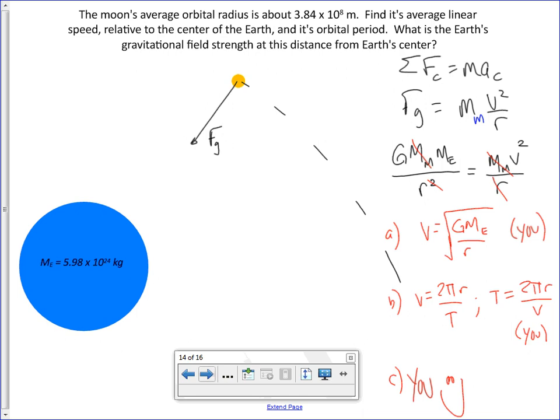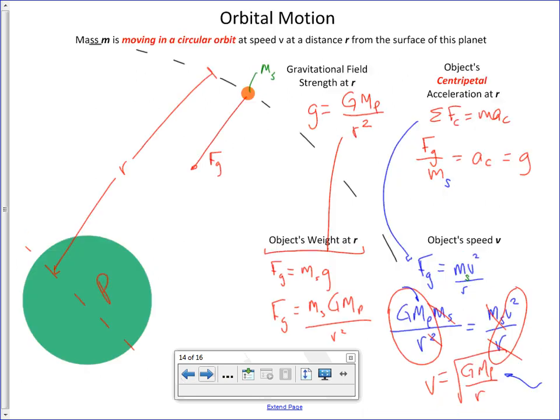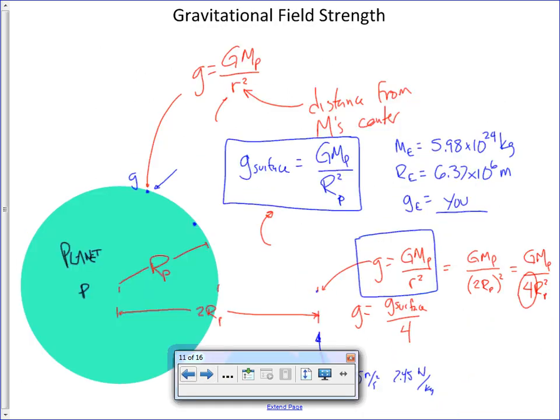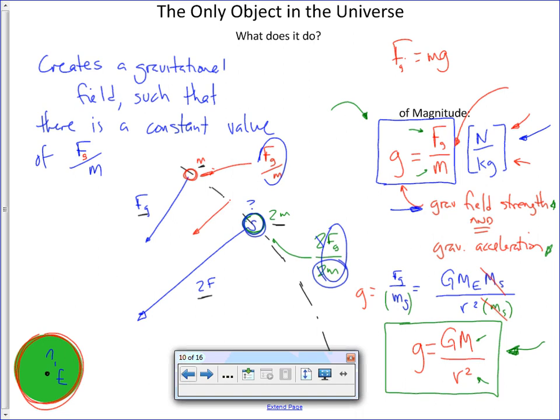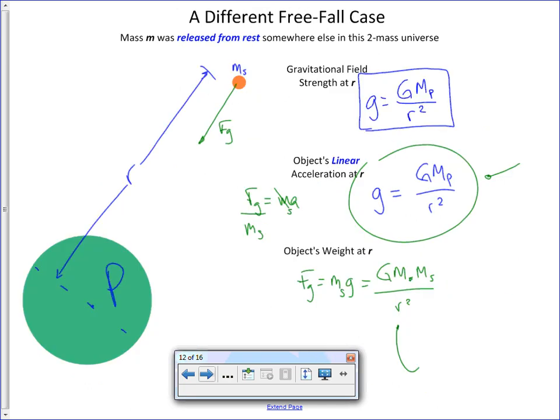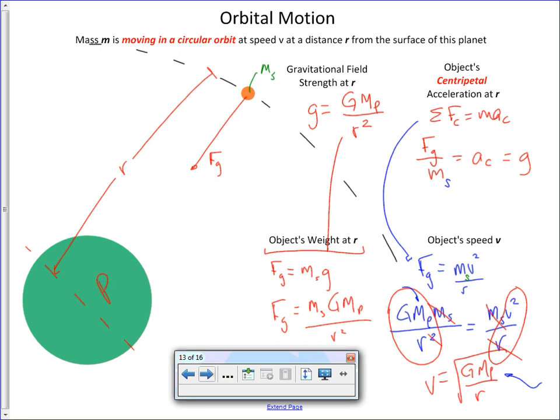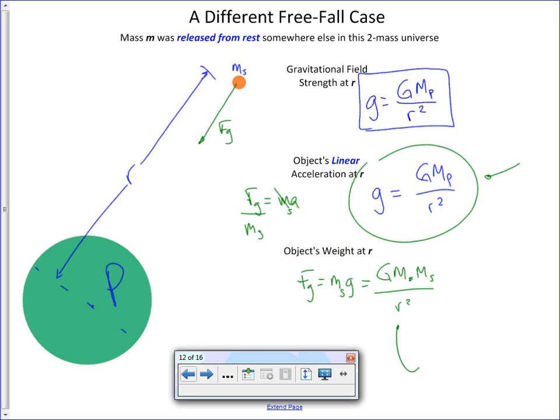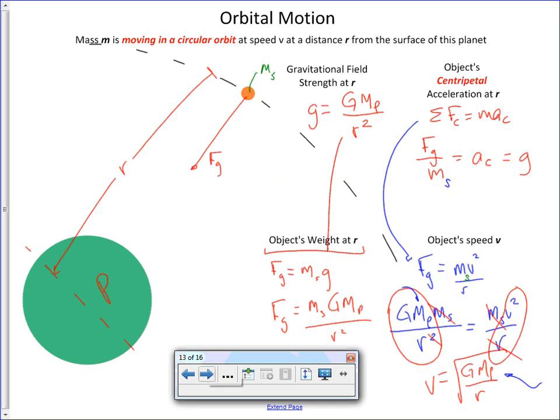All right. Along the way, we got into some pretty heavy-duty stuff like gravitational field, and the strength of gravitational fields and how they vary with the parameters of where those fields exist. And then how we can draw some analogies between linear motion of an object in free fall and orbital motion of an object in free fall.